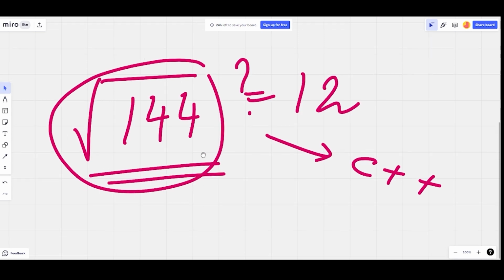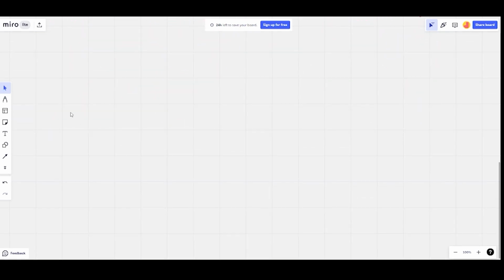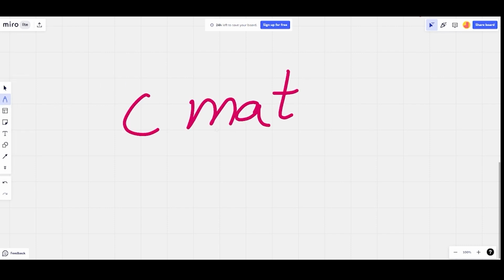Now, before we use any of the maths operations, you have to know one header file which we call cmath. This header file has all those libraries which will help us do maths operations like square root, and other functions like round, floor, ceil, every basic function that I will show you today.